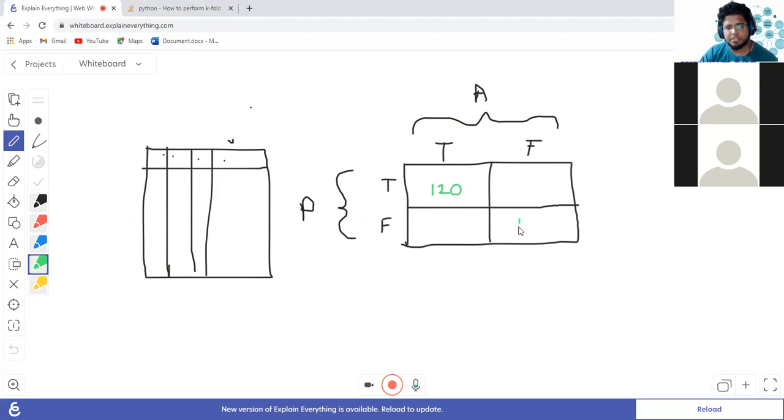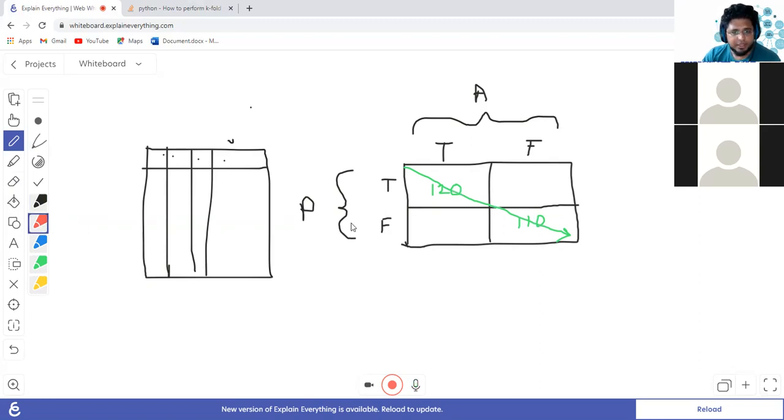Yeah, and suppose this is 110. That is, 110 people actually did not have heart disease, and the model also predicted that they don't have heart disease. That means the cells in this diagonal are good cells. Good cells in the sense that the higher the numbers in these cells, the better the model, because it is in more touch with the reality, right?